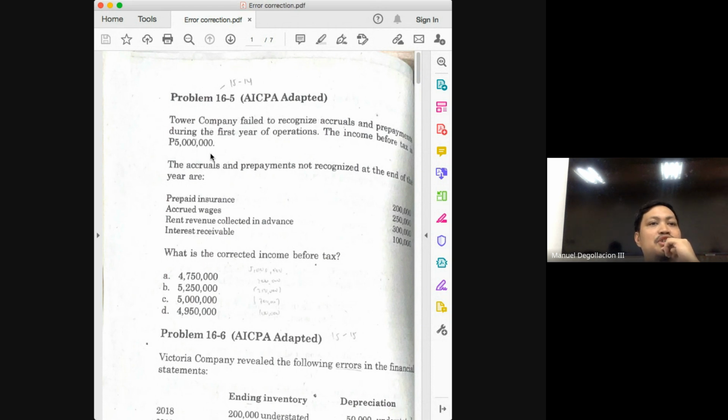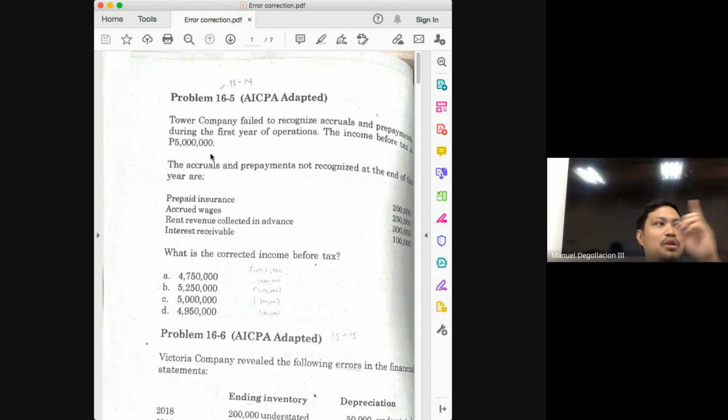And if that is your initial entry, class, that means you have used the liability method. And what do you do at the end of the year? You adjust by reducing the liability and recognizing the amount of revenue that is already earned. So what is the adjusting entry at the end of the year? The adjusting entry should have been debit, rent revenue, and credit, sorry, it's wrong. Rent revenue should be credited. So the adjusting entry here should be debit, unearned revenue and credit, rent revenue.